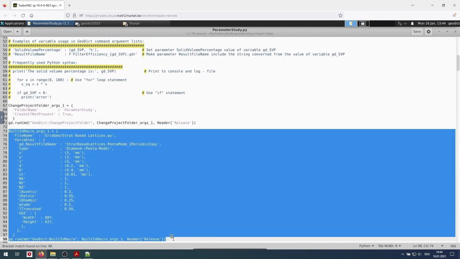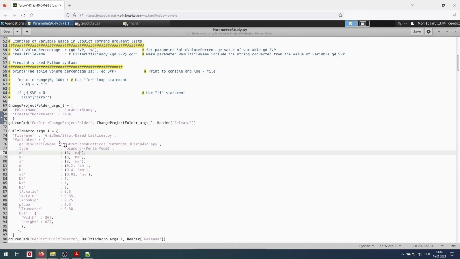Next, this is the execution of the structure generation. We now need to make the file name be changed for each generation. For that, we introduce an F in front of this string. And at the end, we add an underscore NND for near node diameter, curly bracket open, and we enter the variable name, near node diameter.